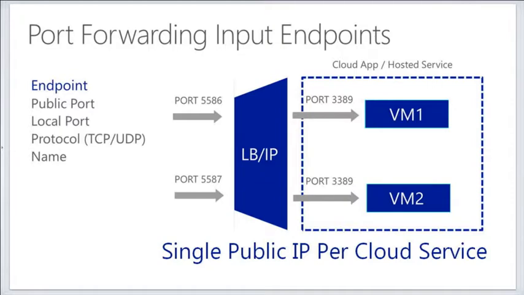And so the way it would happen is, as I go to remote control VM1, I'm connecting up to a high port. It's a random number, but in this example, it's 5586. So my remote desktop client on my machine says connect up to port 5586, and then that actually controls VM1. And when I want to control VM number 2, I connect up to port 5587, and then that connects to VM2. So that's how we're making those connections work to specifically target one of those VMs underneath that same cloud service